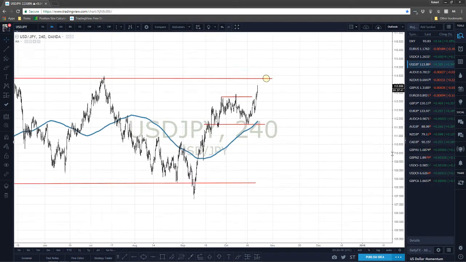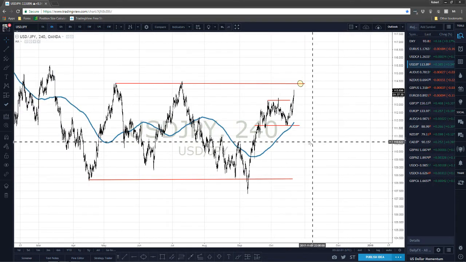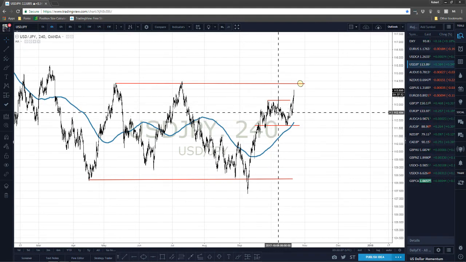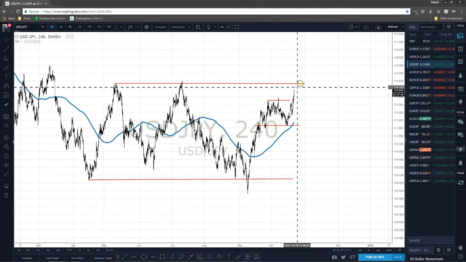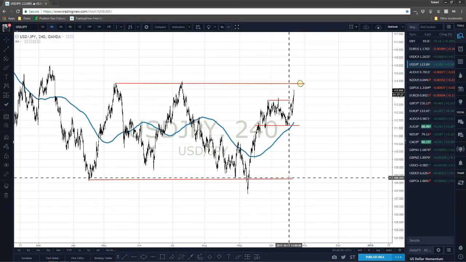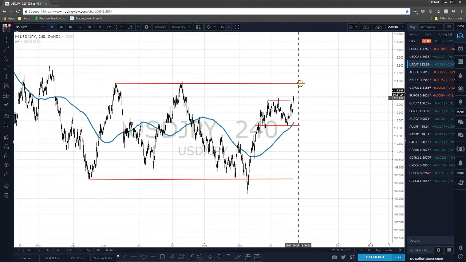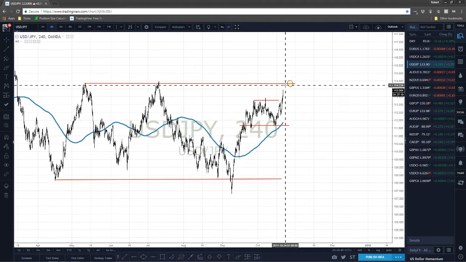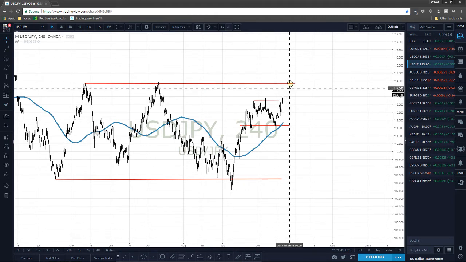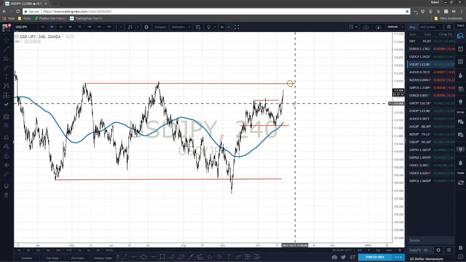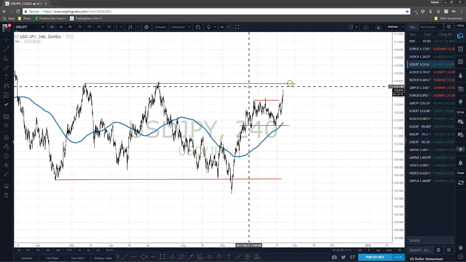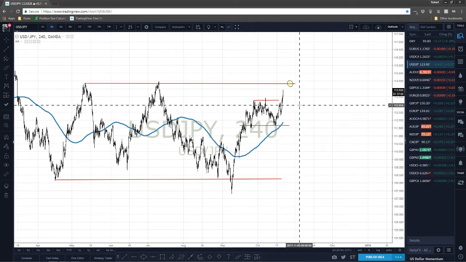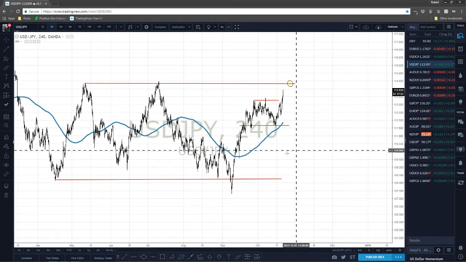Dollar yen. I've been calling this range for a long time. Pair did start heading lower on us. I was either trading up here or I was going to be trading down here at the bottom of this range. Price is currently moving itself up to the top of the range. I'll be looking at how the market reacts, and if we get a reaction lower here, I'll be placing my trades to go short. And as we head towards the 200 period moving average, I will more than likely scale out some of my position and then see if we can let it ride down here to the lower